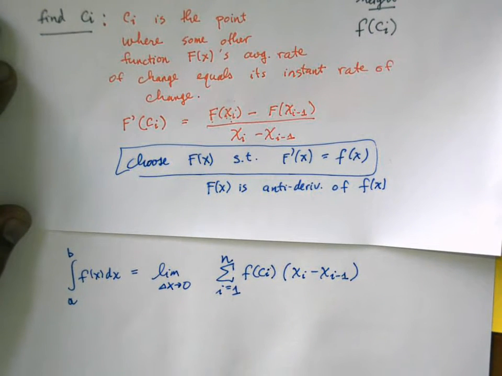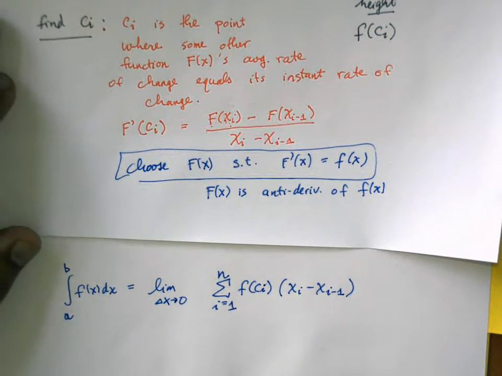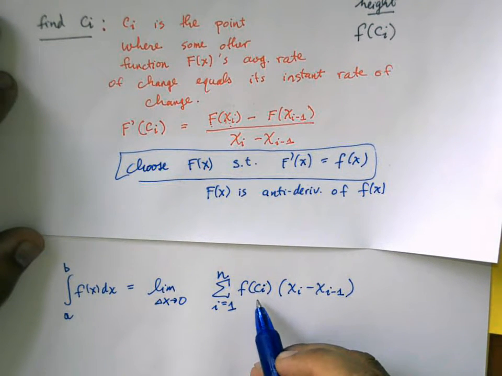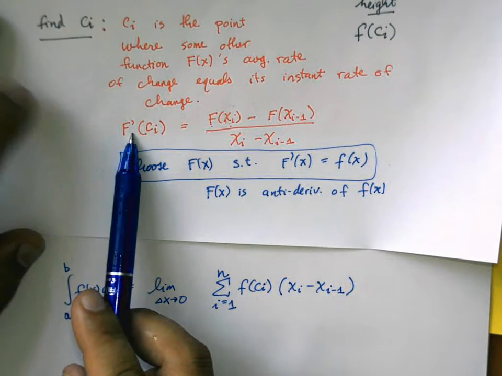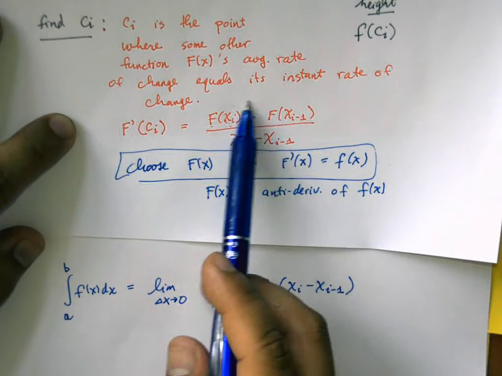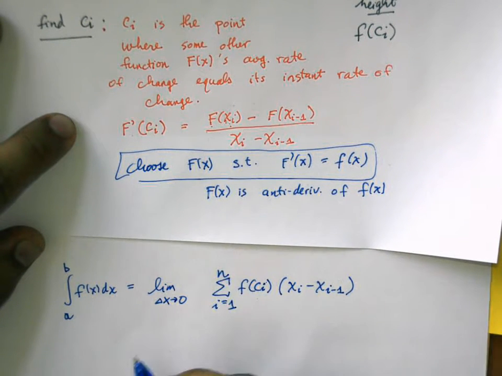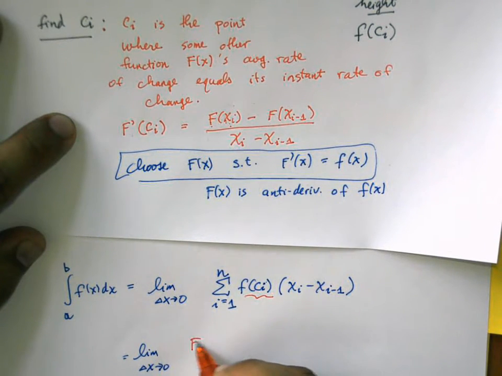Okay. But if we choose this well, then f of c sub i is equal to big F prime of c sub i, which is equal to this slope calculation, essentially. So this is equal to the limit of delta x approaching 0 of, and remember we can replace this with that. So we can replace it with f